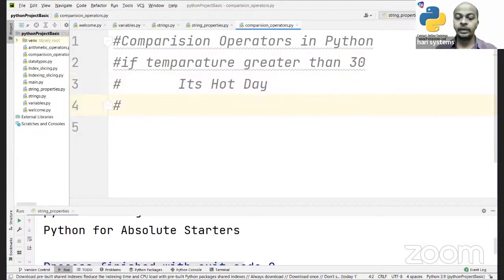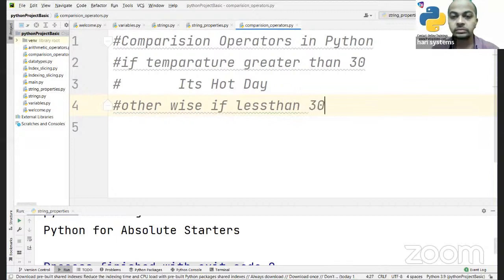And if my temperature is below 30, it should say something. If it is below 30, it should say it's a cold day. Otherwise, it should say, if less than 30, it should say,